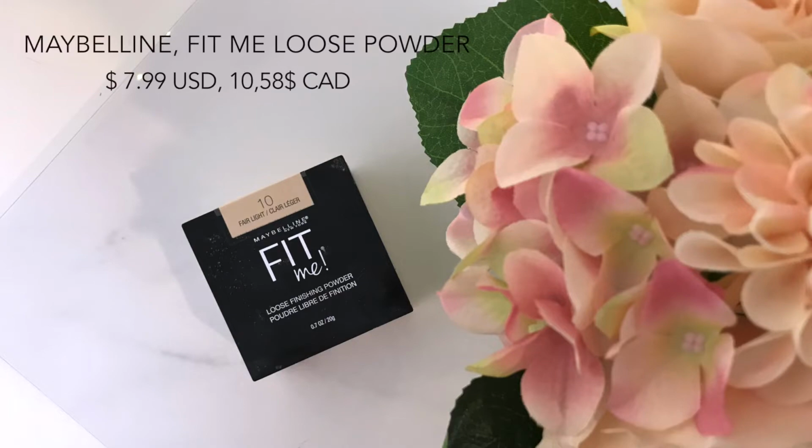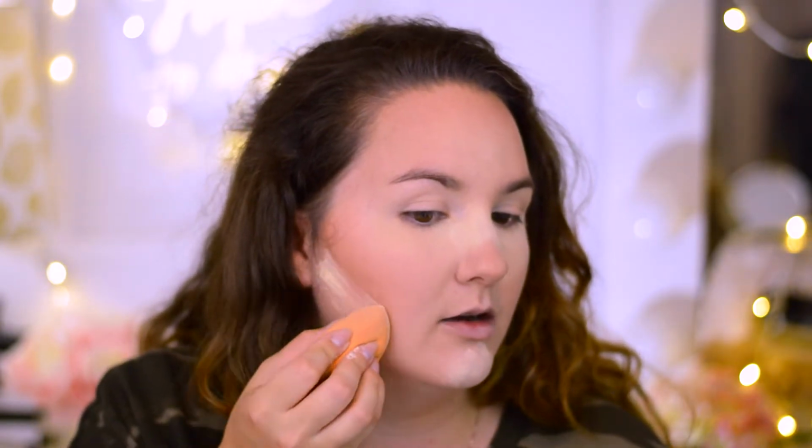So after that I'm gonna set everything up with my Fit Me Loose powder in the shade Fair Light. I'm gonna set my eyes first. And I love also this concealer because it's not creasing super quickly, so you have time to blend everything up and put your powder after, and it's not gonna crease. I put a lot on my nose because of my sunglasses. Right now I know it's a little bit funny. I put on my forehead, on my chin, and right down my contour because I just want to